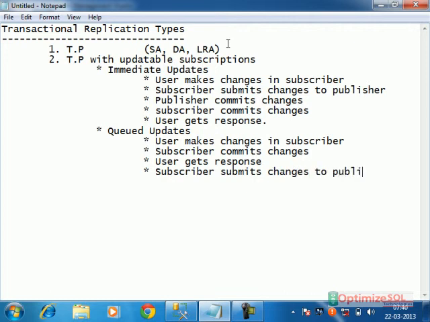At that time, if there is any conflict, yes, conflicts may be there here, but it provides very high performance with queued updates for end users. Conflicts we can avoid by using auto-generated columns. Suppose the subscriber is operating in a branch or in a separate city, we can generate unique numbers or ticket numbers using the city name, like HYD 001, HYD 002.